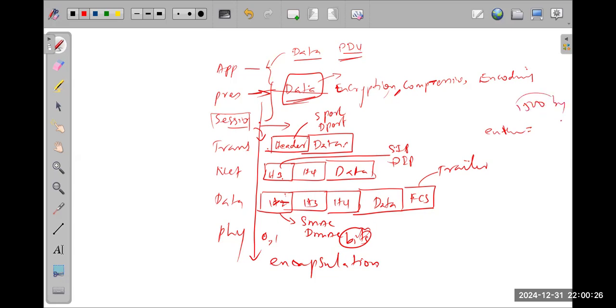You cannot send more than this. Because of that, here in the transport layer, the data will be divided into small chunks, right? Small chunks.